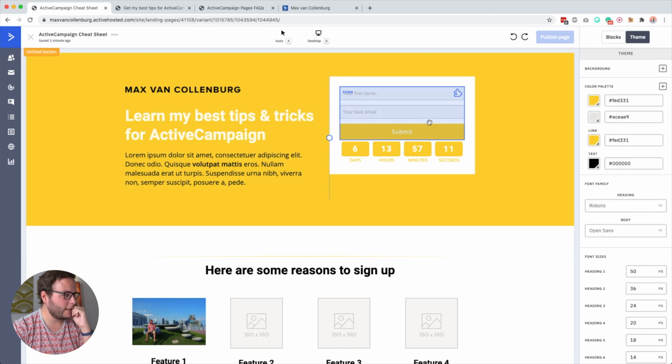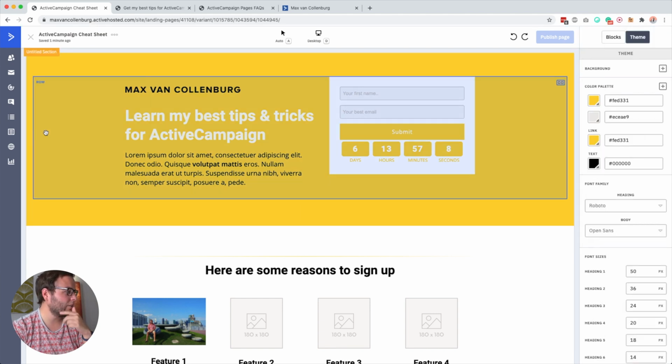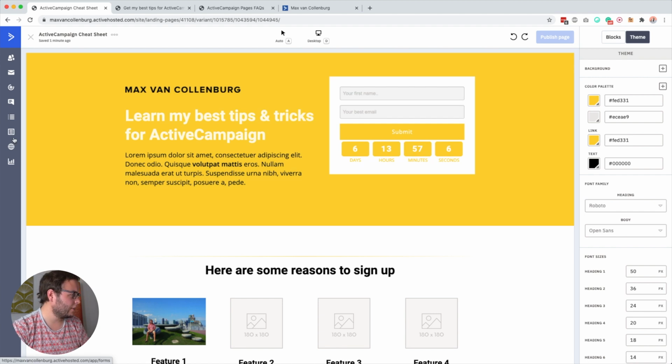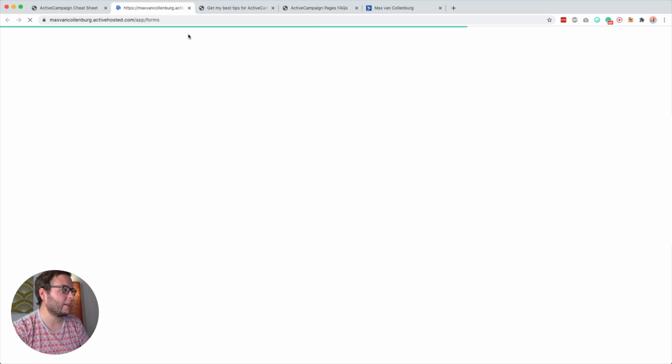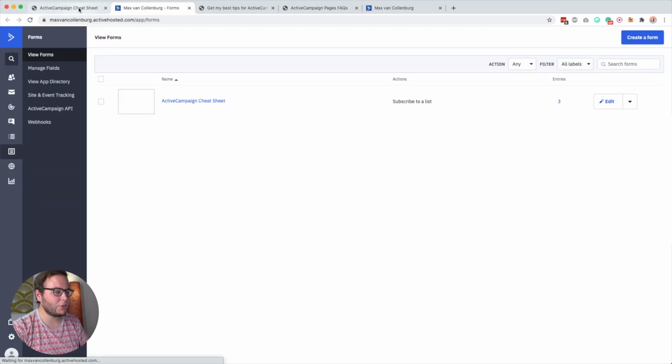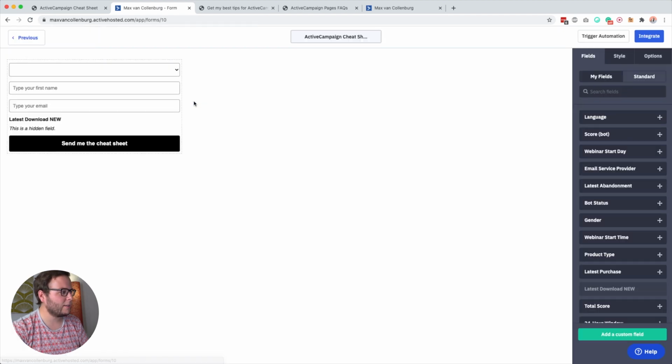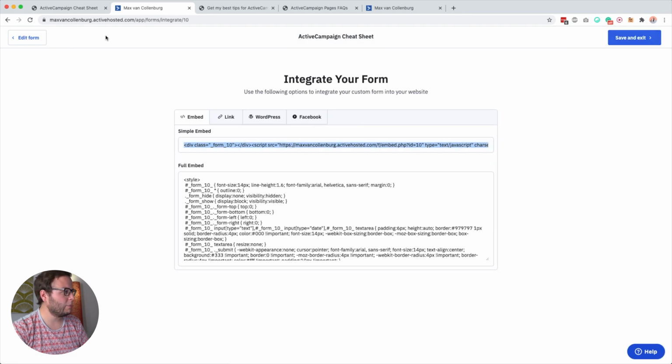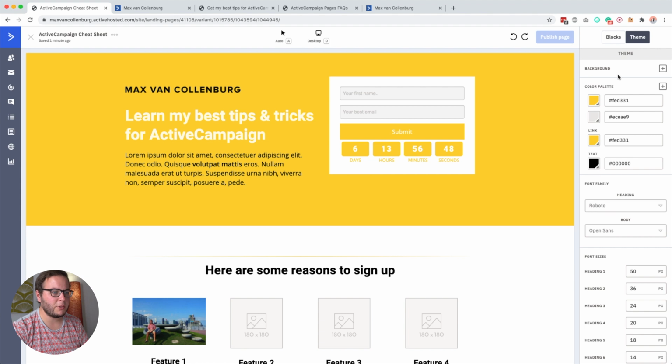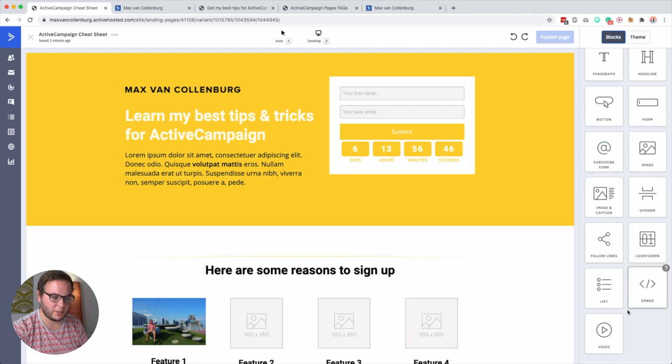So I think what you have to do here is go over to your forms and then embed one of your forms, I guess. But maybe they're still going to change that. For example, I have this form here. Let's have a look at it. Then let's just see what happens if we embed this, integrate, copy this. And then I will just do it above that for now. Then we just see if it works at all.